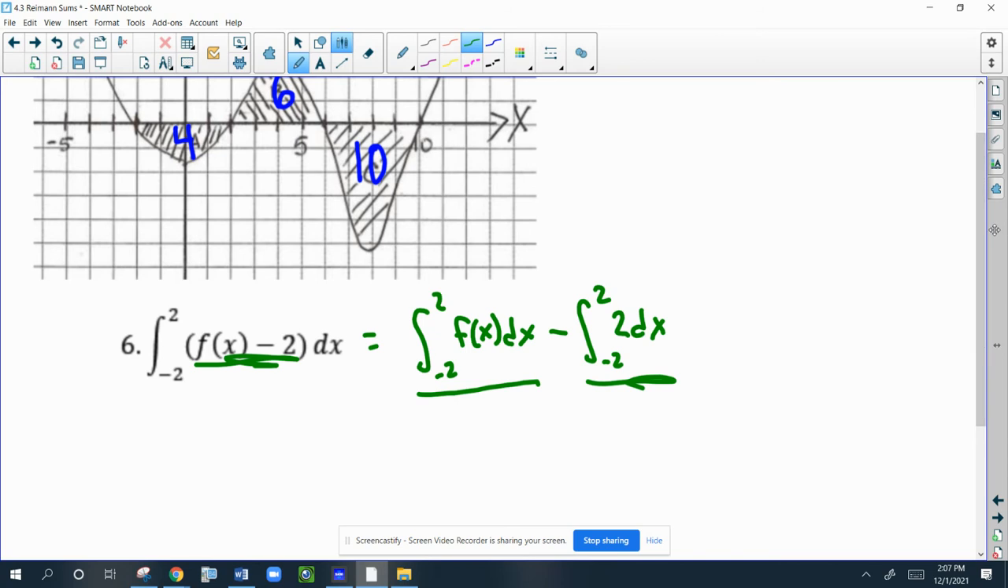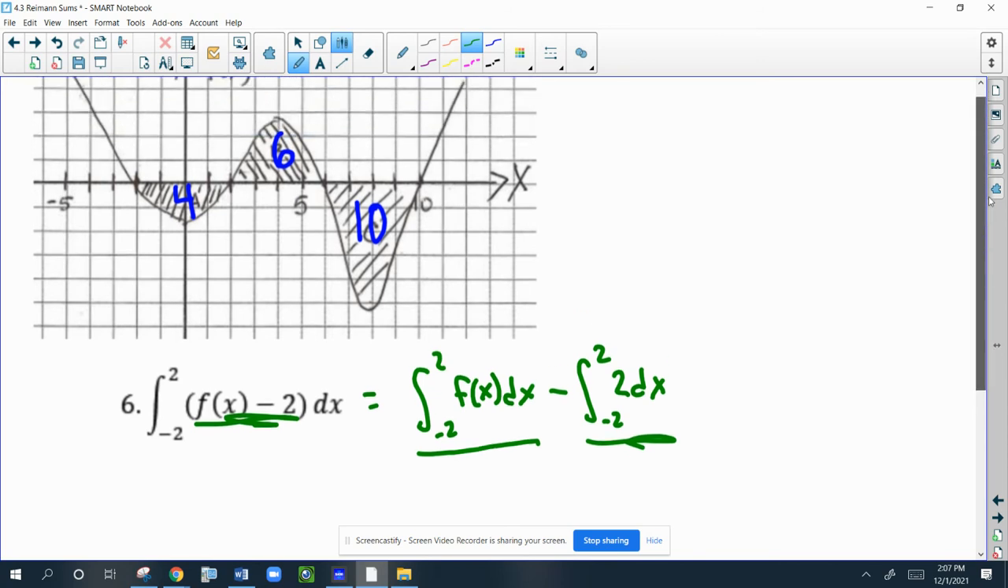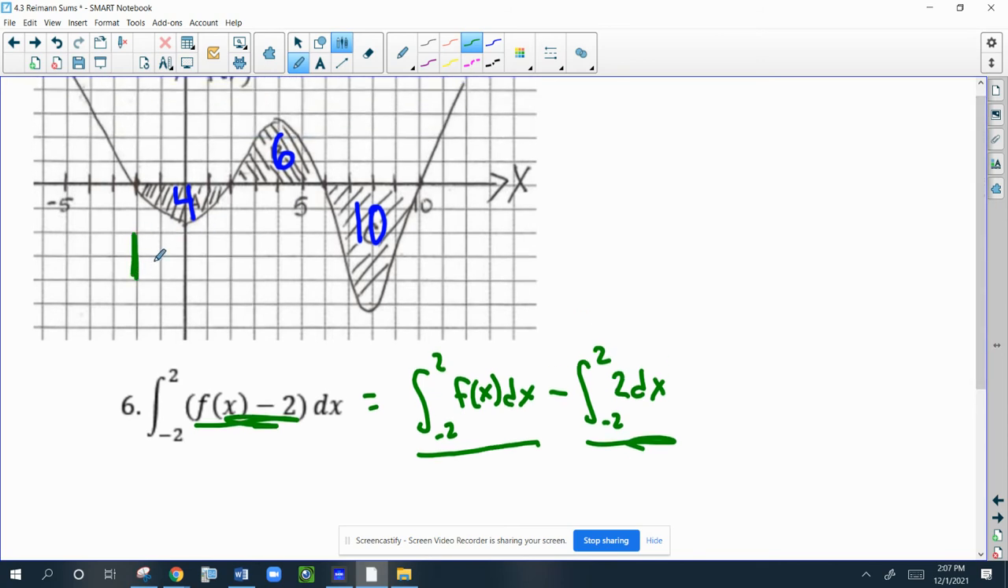So let's do the simple integral first. The integral from negative 2 to 2, from here to here, is negative 4 because the area is below the x-axis. Now, the integral of 2, you have to figure out what the graph of 2 looks like. This is the easiest way to do this. So the graph of y equals 2,